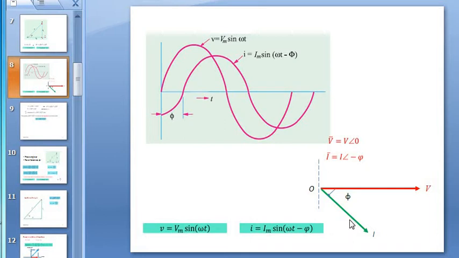Again, for simplicity, the phasor diagram is drawn. The V can also be written as V is equal to V at an angle 0, where this is the RMS value of voltage and this is the phase angle of voltage. Since phi is equal to 0, it is drawn parallel with the positive x-axis. I is equal to I at an angle minus phi. Therefore, the I phasor is drawn after angle phi at this particular point. Minus, therefore in clockwise direction.